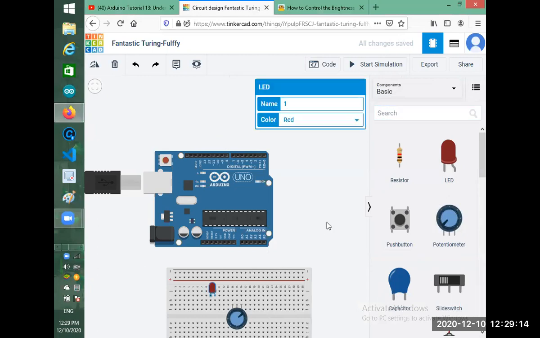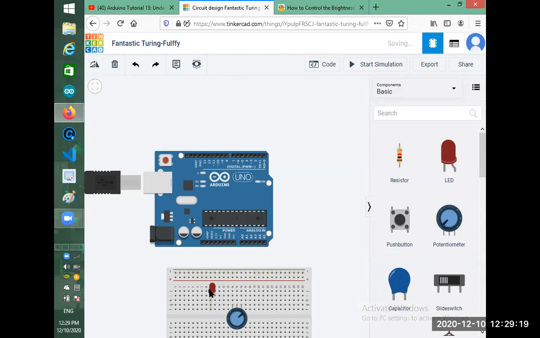We have the same circuit diagram, but we don't require this LED. Now we are not intensifying the LED, we are getting the voltage. So we use all the digital bits, but this time we are using the analog pin. These are analog. So if I give pin number A2.